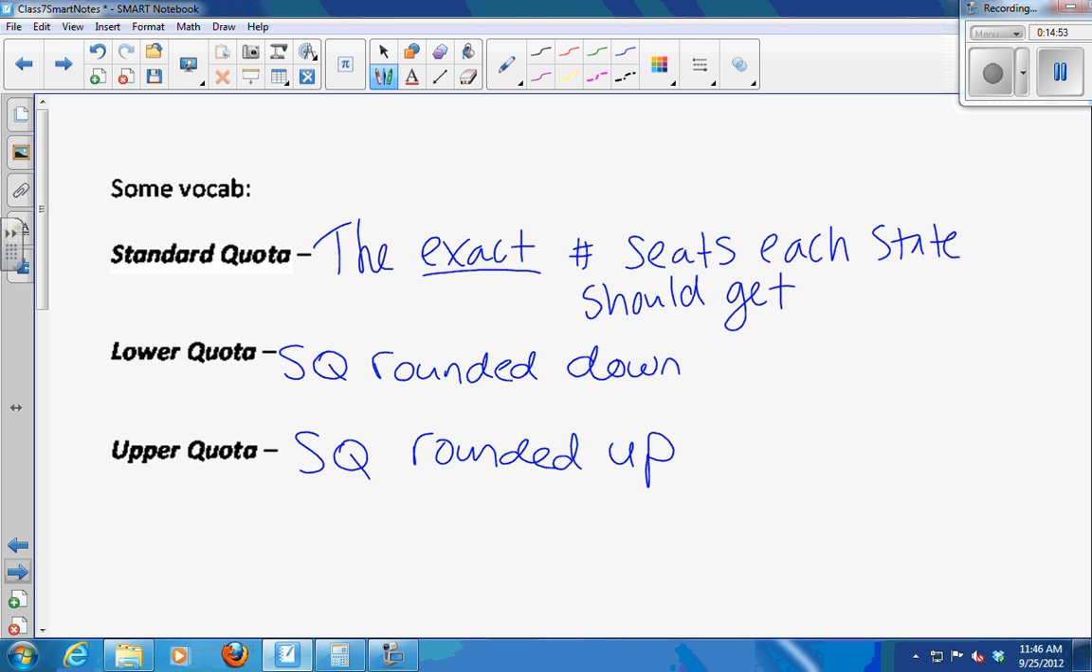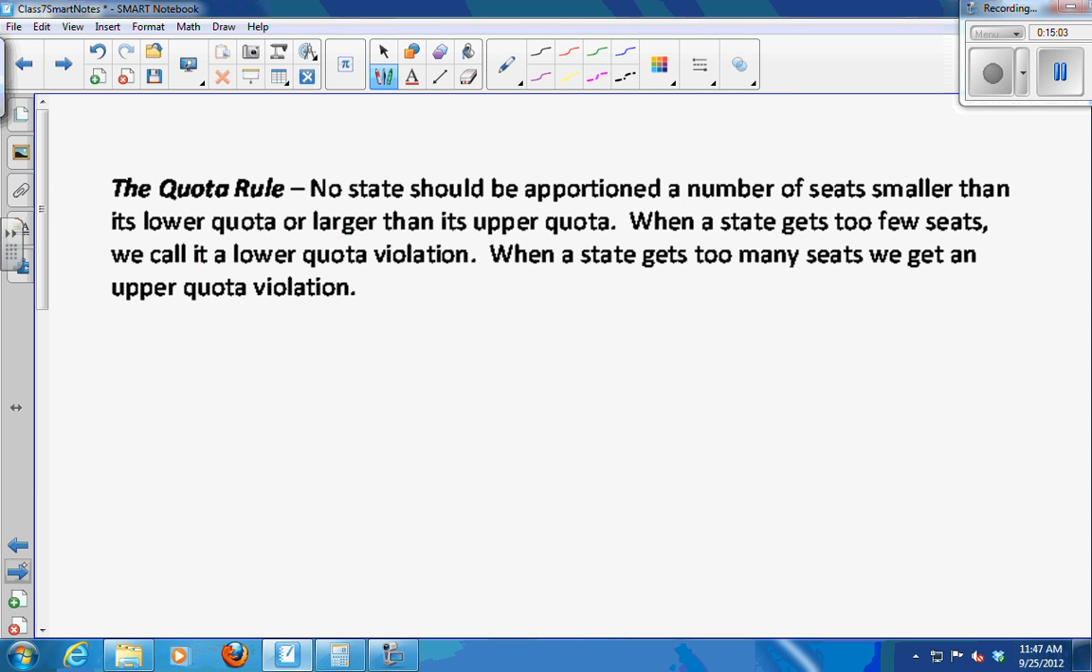Round everything down and apportion the rest to the least represented. Okay, so round everything down, and then figuring out who to give the leftover seats to is actually our first historical method. But before we get there,